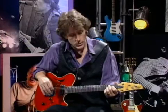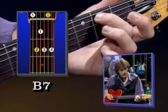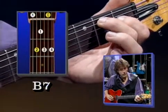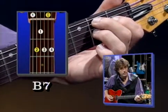The last chord I'm going to show you is B7. It's got a number attached to it, don't ask me why. But this is a kind of a bluesy chord. It's used a lot in the key of E, and it's a very important open position chord. Now it's played with the 1st finger on B, on the 5th string at the 2nd fret, then the index finger playing the 1st fret of the 4th string, the 3rd finger playing the 2nd fret of the 3rd string,